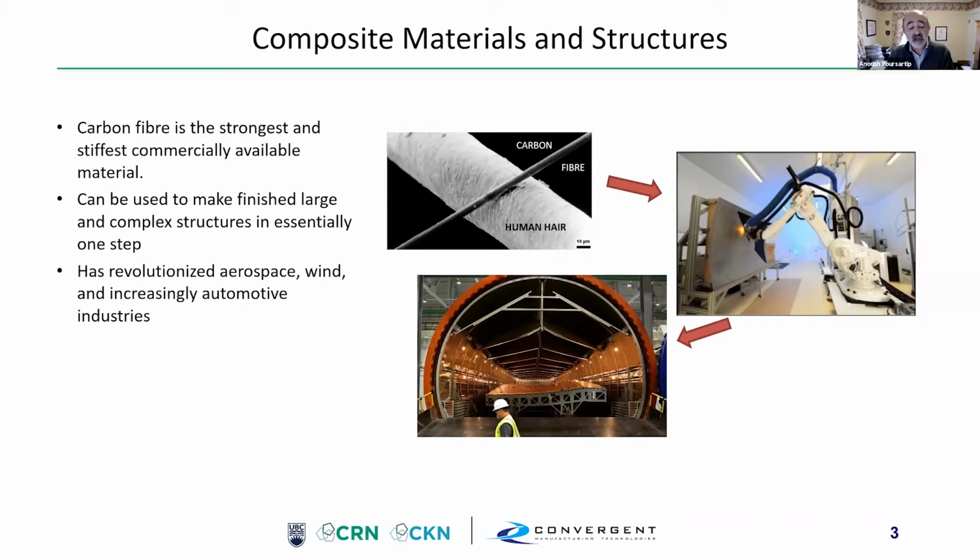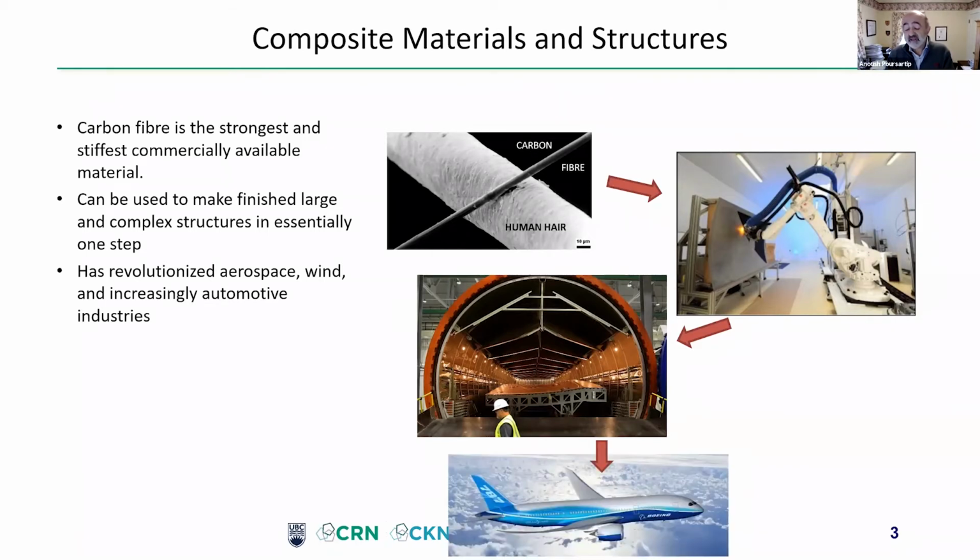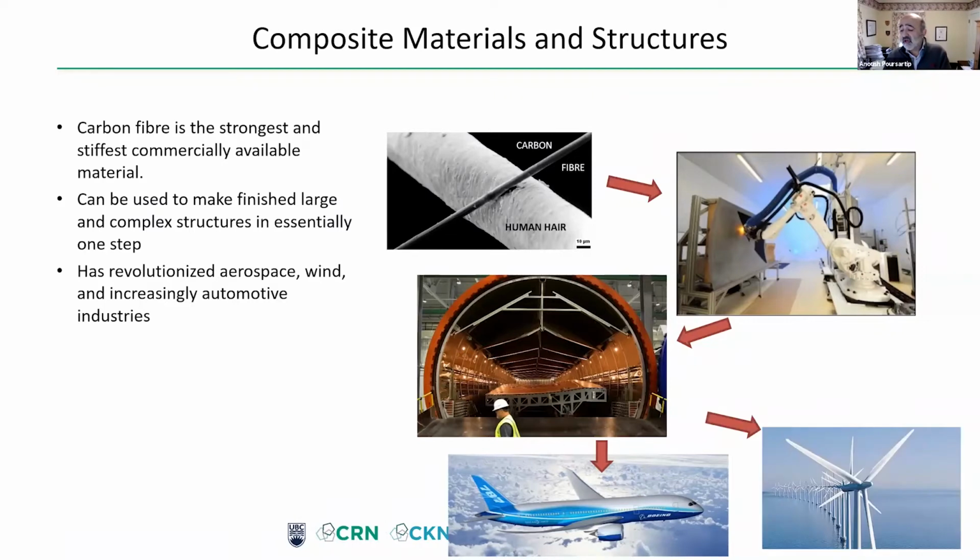If you get it right, what comes out of this are structures that have actually revolutionized aerospace and wind, for example, and increasingly affecting other industries such as automotive. So if you look at, say, the Boeing 787, and of course, we'll talk in a moment about the woes of the airline industry, but the 787 is an all-carbon fiber airplane, both the fuselage and the wing, as is the Airbus A350, which are the two leading airplanes in the world right now. The Bombardier C series, now the A220, has a composite wing as well.